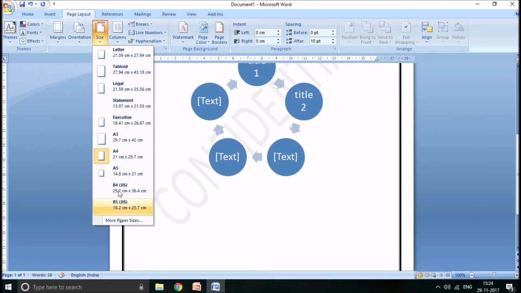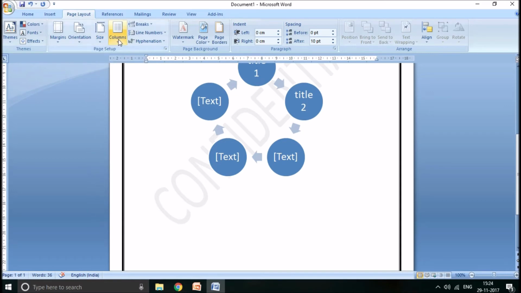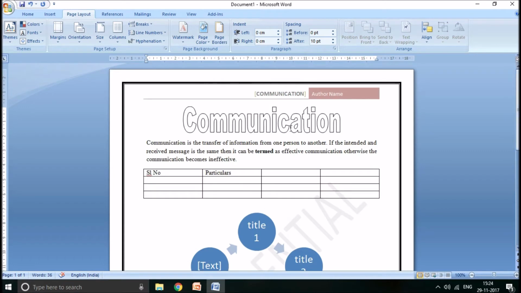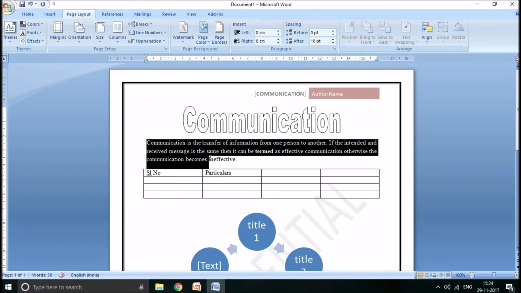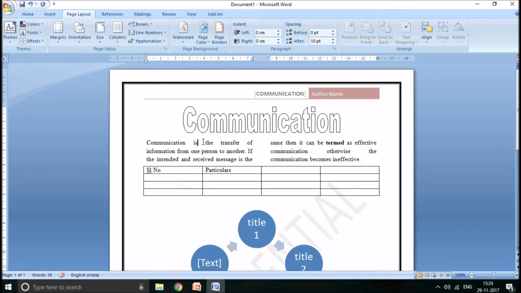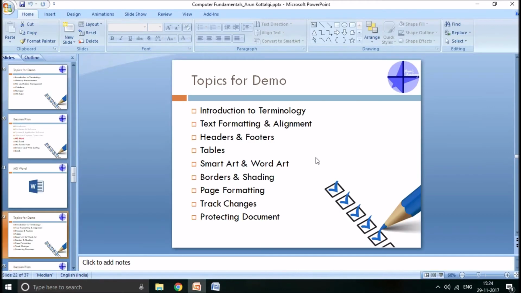If you want 2 columns, for instance, similar to something which comes in a newspaper, so there are different columns. Right now it is only single column, you can make it 2 columns as well. So let me show it in this particular text. So this entire thing is coming in single column. If I want to make it 2 columns, you can just select this and it will divide the same into 2 columns, right? So this is how you do page setup or page formatting.